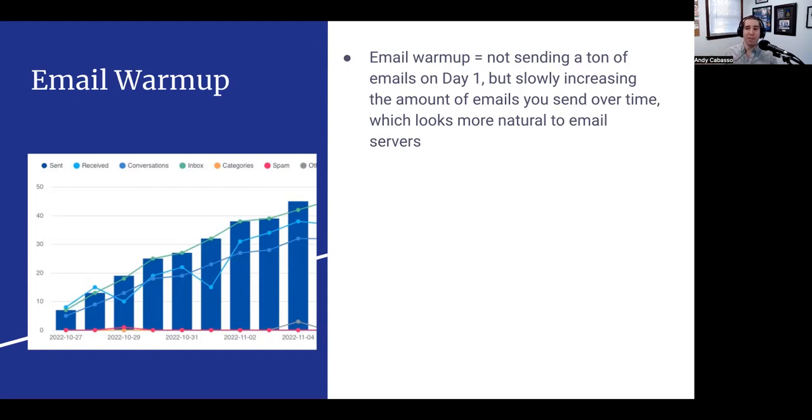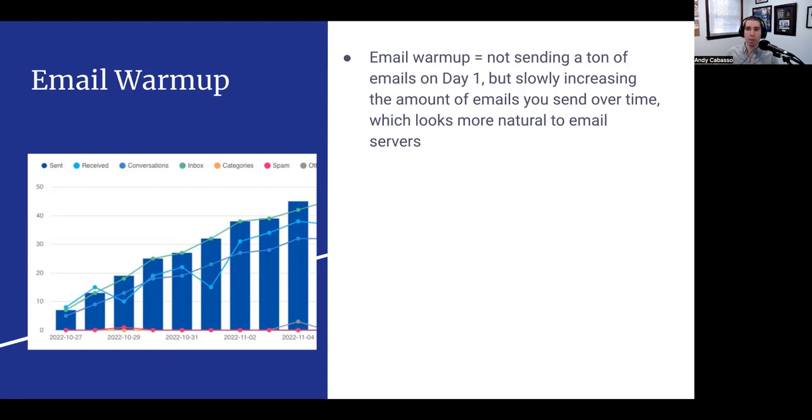Because if someone starts brand new at a company or starts a new domain, most often they don't immediately start sending out 50 emails a day that get a 5% response rate. Gmail and Microsoft can see this. They can see what your recipients are responding to, and that all can look suspicious.